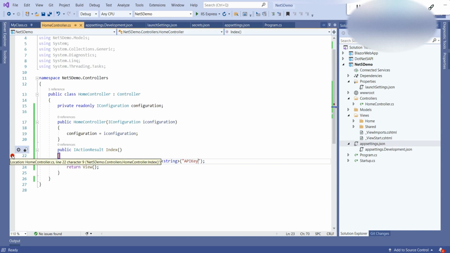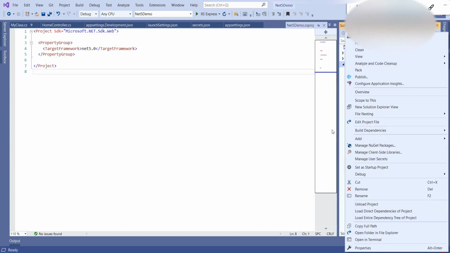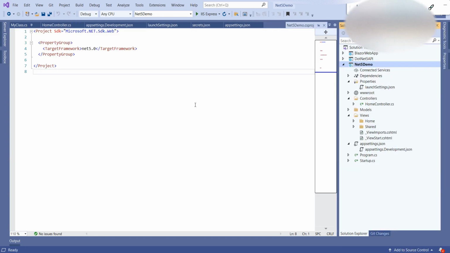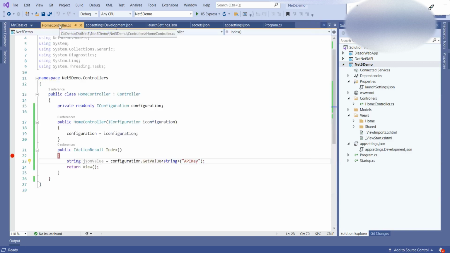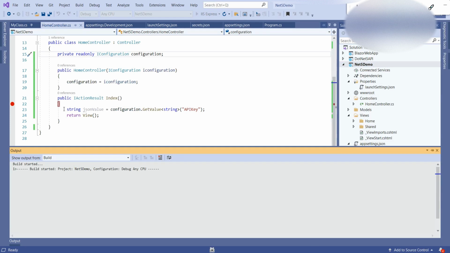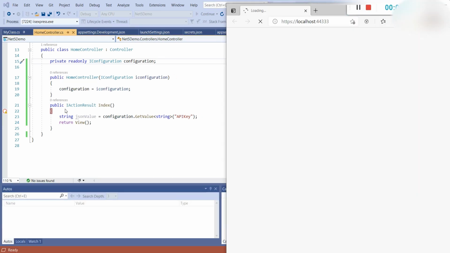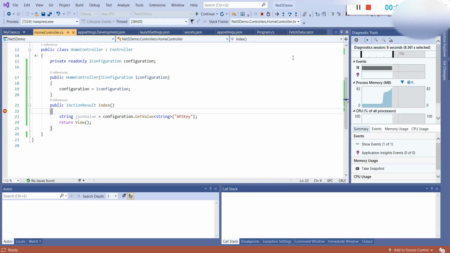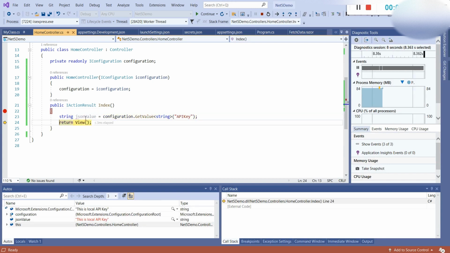Now put a debug point here and run this project. I have multiple projects in my solution, so I have set it as the start project. Run this project and wait for the controller to come to that point. Now let's press F10 and check the value of jsonValue.